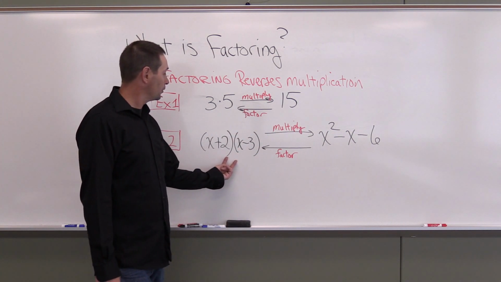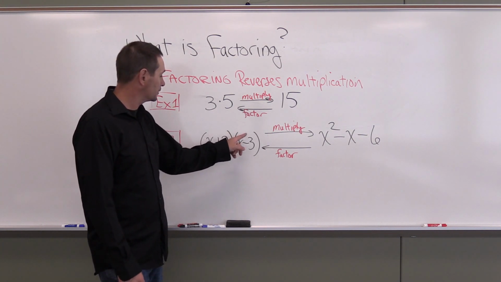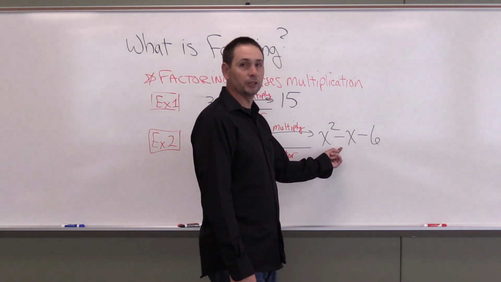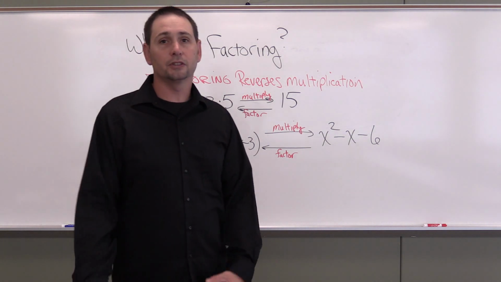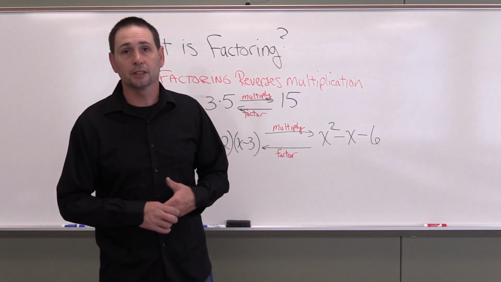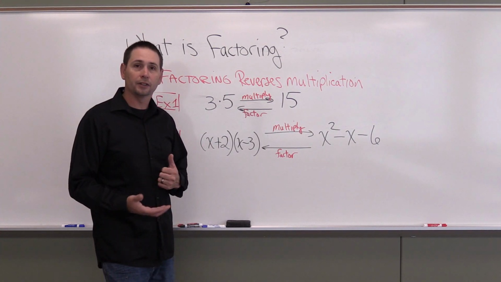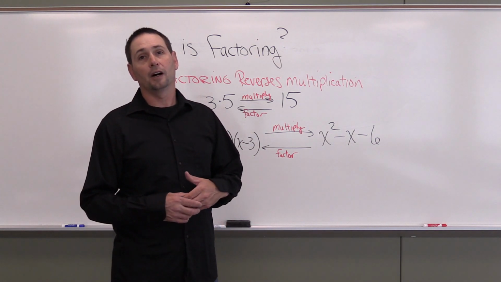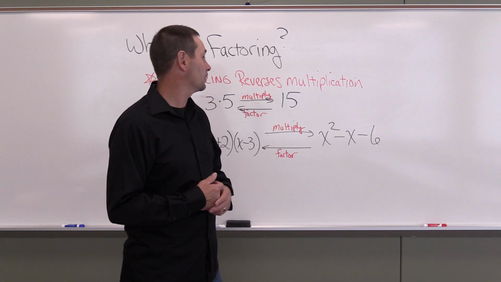If I looked at a polynomial like this and multiplied it by the distributive property, I get x squared minus 3x plus 2x minus 6. Combine your middle terms, you get x squared minus x minus 6. But now in this chapter of the text, what we start out with in this class is we learn how to factor. So we're going to go in the reverse step. And then later on in the chapter, in the last section, we're going to learn how to solve equations